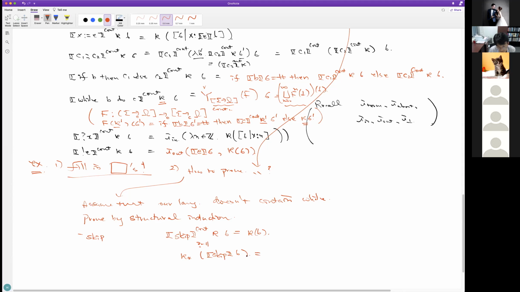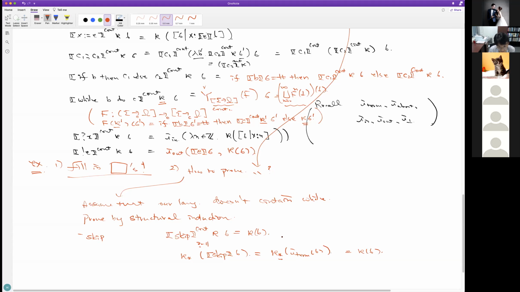If you compute this kappa star on the outcome of skip sigma, skip doesn't do anything, but it puts a tag which says terminating state. And the definition of this star lifting says if the input is a normally terminating state, we just apply kappa.